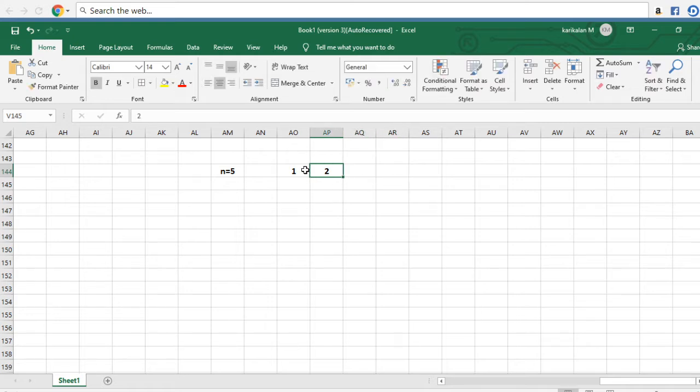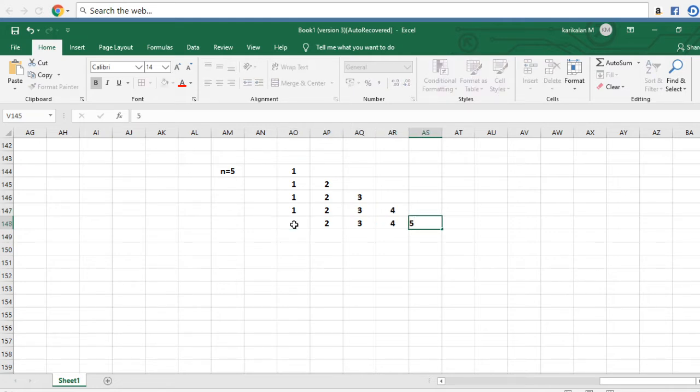First we are going to print 1, the next line we are going to print 1 2, the next line we are going to print 1 2 3, the next row we are going to print 1 2 3 4, the next line we are going to print 1 2 3 4 5. We are going to print a pattern like this. And we can add another one.